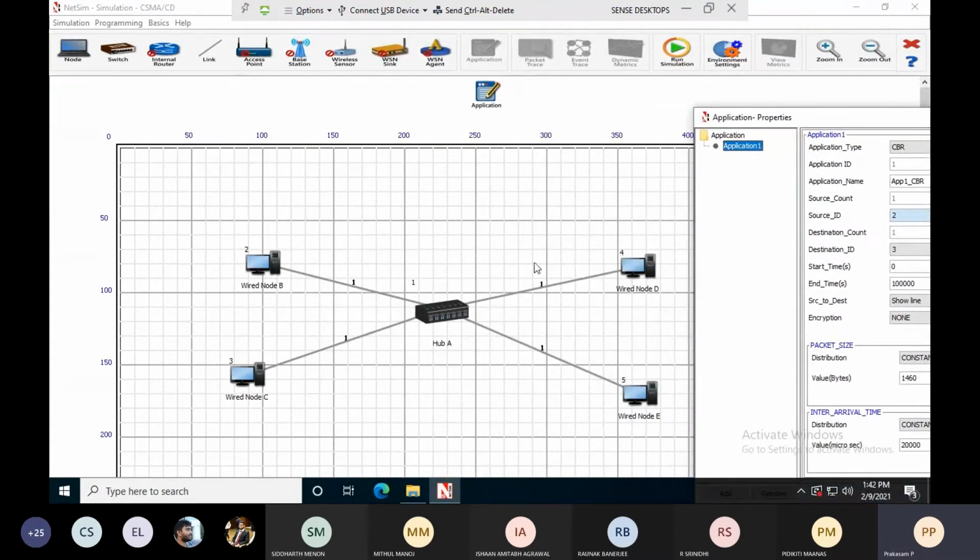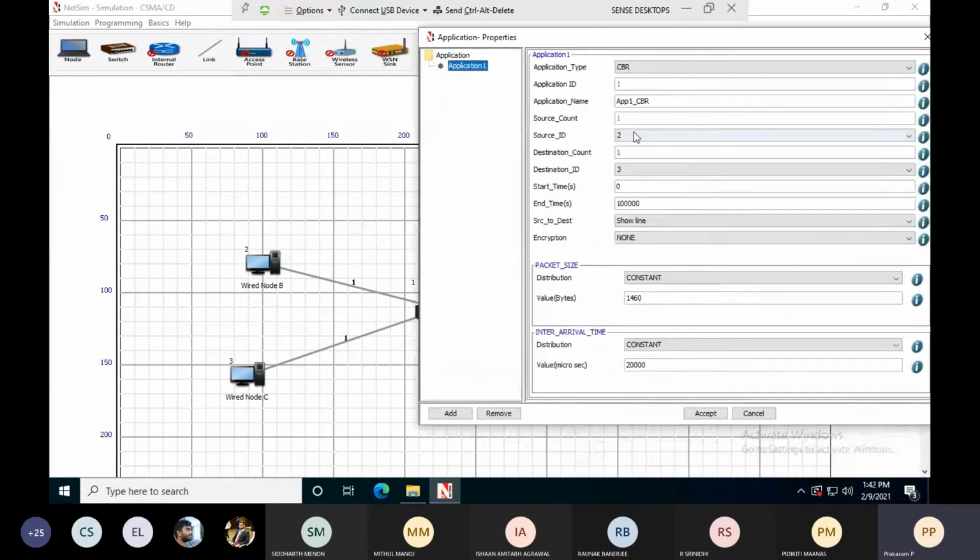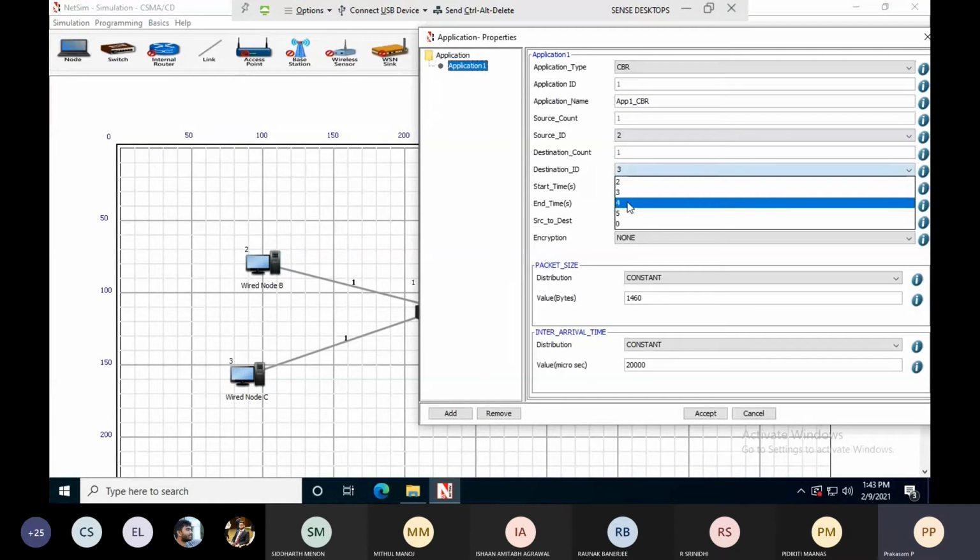I can connect 2 to 4, 3 to 5, or I can connect 2 to 5, 3 to 4 also. Since it contains 4 nodes, I can create 2 applications. Because out of 4 nodes, 2 may be senders, 2 may be receivers. So for the first application, source ID, I am selecting 2. Destination ID, I am selecting either 4 or 5. Maybe I am selecting 5.